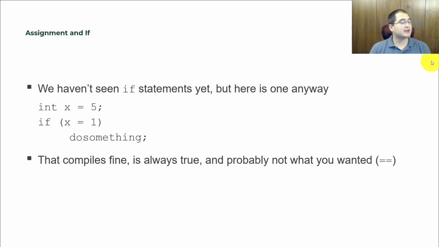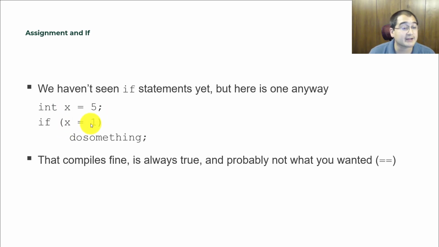All right, so one last thing before we close up on operations is I just want to show you a very common mistake that pretty much everybody who learns C++ does at least once, often multiple times. So we haven't taught you guys if statements yet, but it's probably not too hard to figure out how they work. You say if, you have a conditional, and then you have some code that runs if that conditional is true. So here, if we are initializing the value 5 into the location x,